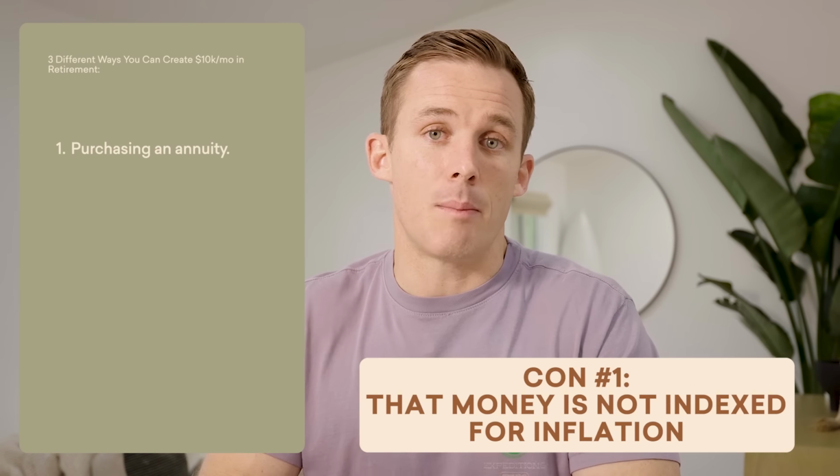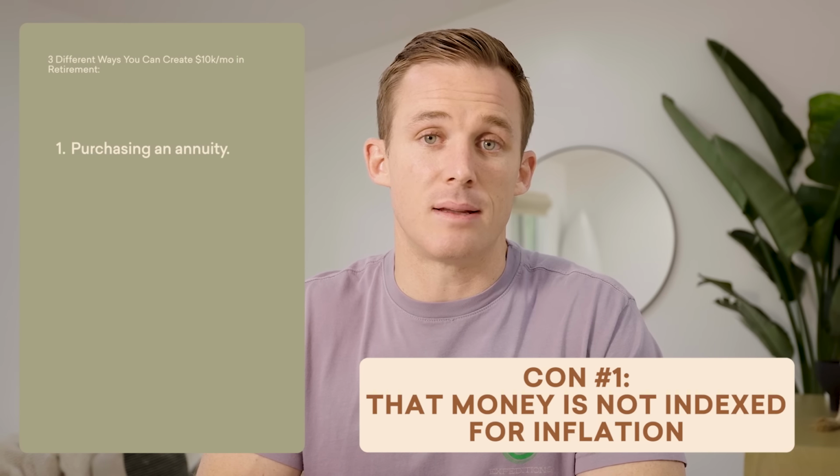The stock market is down 30, 40, 50%. Your annuity payment, assuming the annuity company is still solvent, is still being paid. The con, though, is that money is not indexed for inflation. So that $10,000 per month, that's great today, but as the cost of living goes up, your Social Security benefits will get a cost of living adjustment, but the portion that's coming from the annuity is not going to go up with inflation. So even though the dollar amount's going to remain consistent, your purchasing power is gradually going to